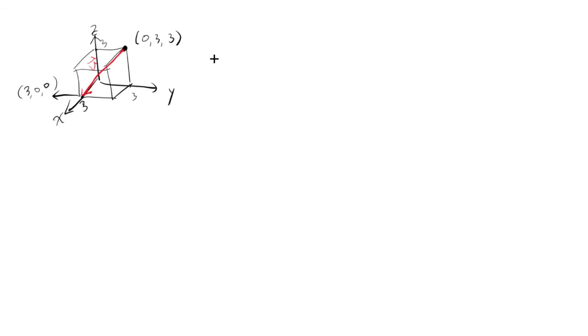Now that certainly has a direction and magnitude, that's a vector, but it's a little different than what we were doing in the previous page because it doesn't start at the origin. Okay? In that case, is there a way to write down the components of this vector? Oh, there is. The way you get any kind of vector, if you know the two endpoints, is by doing this formula: terminal minus initial. And because the terminal point is 3, 0, 0, and the initial point is 0, 3, 3,